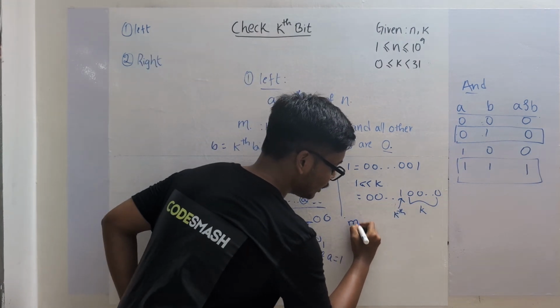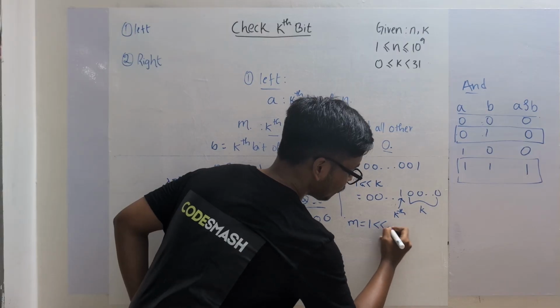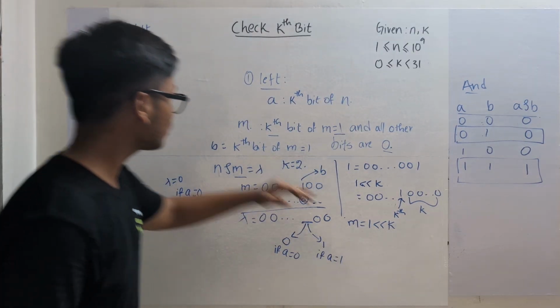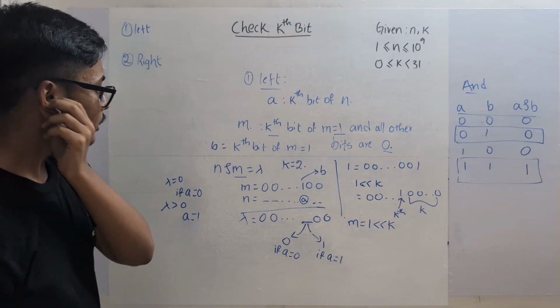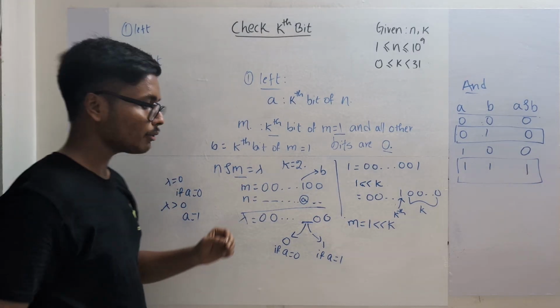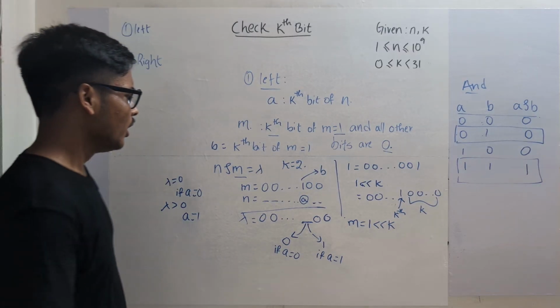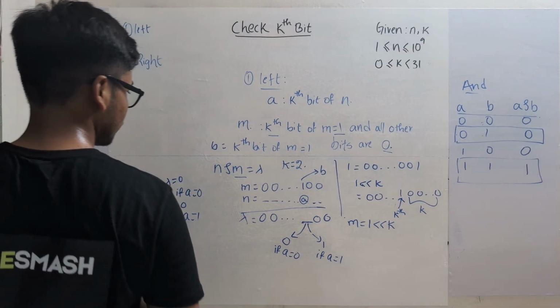So m is nothing but left shifting of 1 by k times. Now we have m, now we have n, we can get lambda so that we can get the value of the kth bit. If I write the pseudocode for this approach,